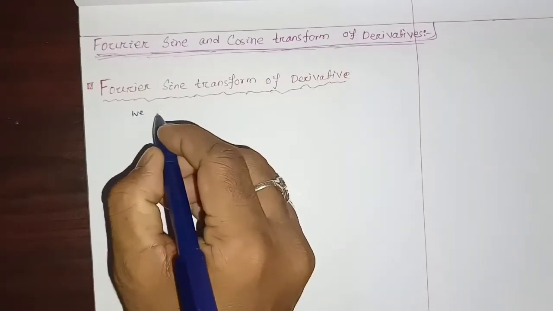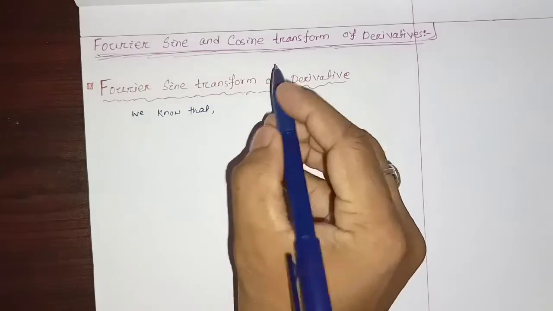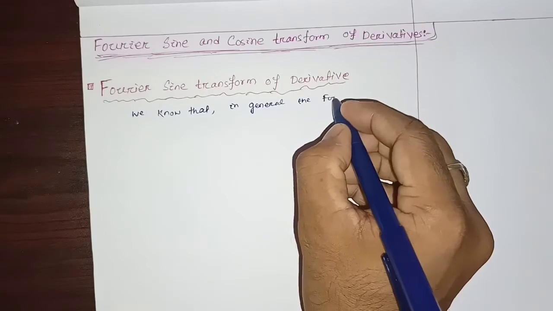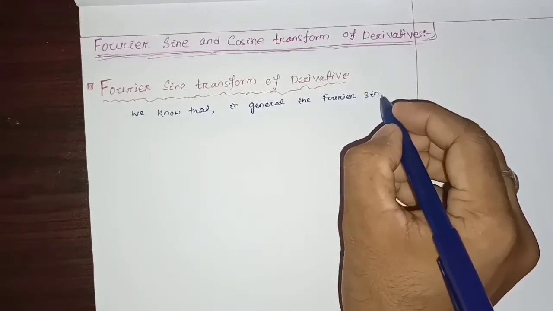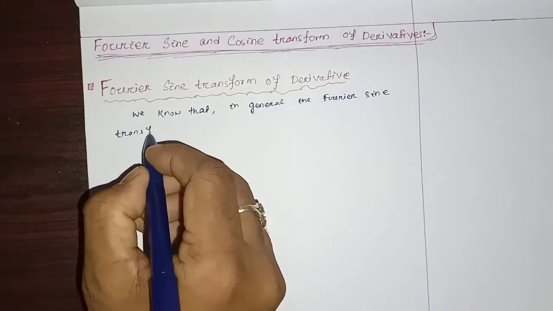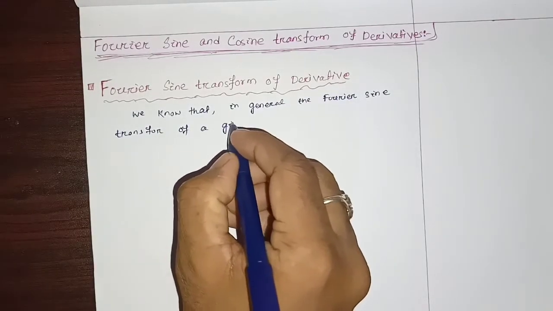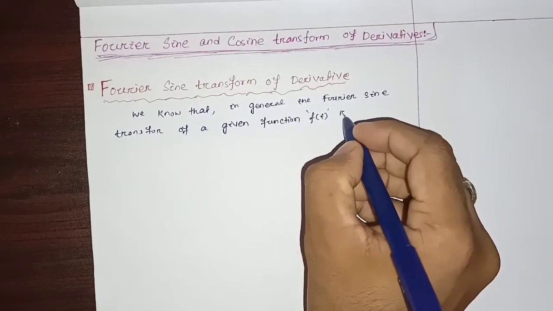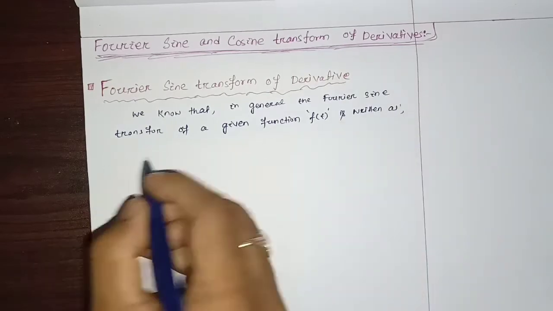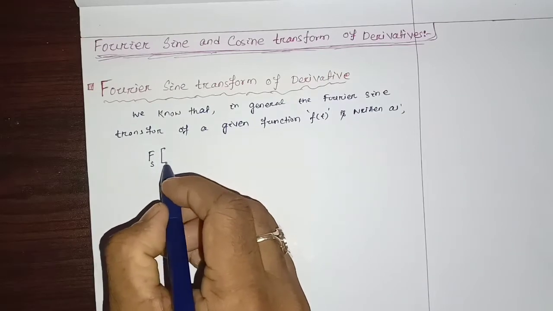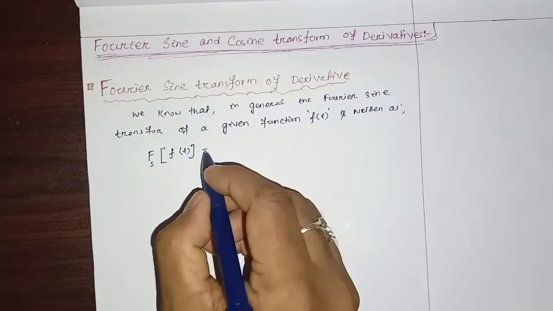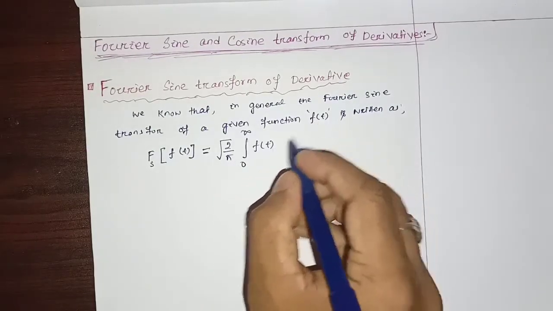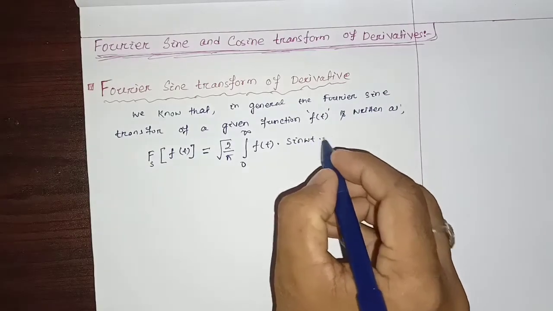We know that, in general, the Fourier sine transform of a given function, suppose f(t) is the given function, is written like this: the Fourier sine transform applied over the function f(t) will be equal to, in general, it is written as root over 2 by pi, integral from 0 to infinity of the given function into sin(omega t) into dt, that we know. Okay,